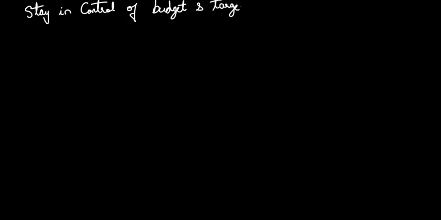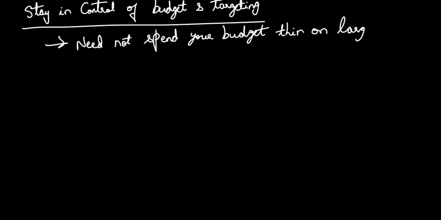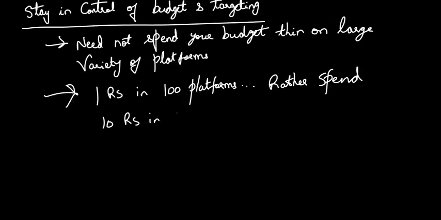The next step is to stay in control of budget and targeting. Stay in control of budget and targeting. In this, it means you need not spread your budget thin on a large variety of platforms. In other words, you need not spend 1 rupee on 100 platforms, rather spend 10 rupees on 10 platforms, which